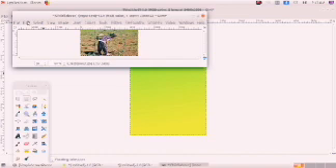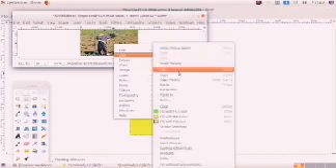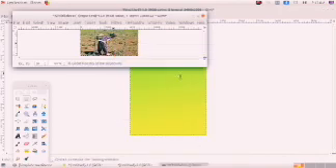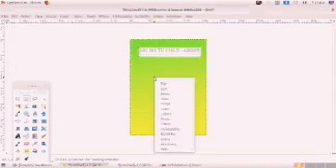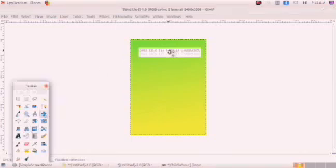So right click, edit, copy, and come to the canvas, then edit, paste. Where is it? Here we can see. Okay, use the move tool, then use the scale tool.